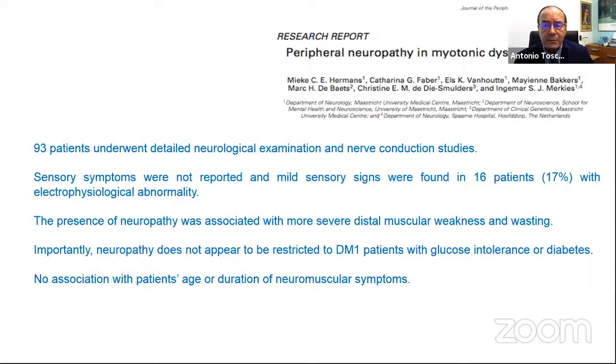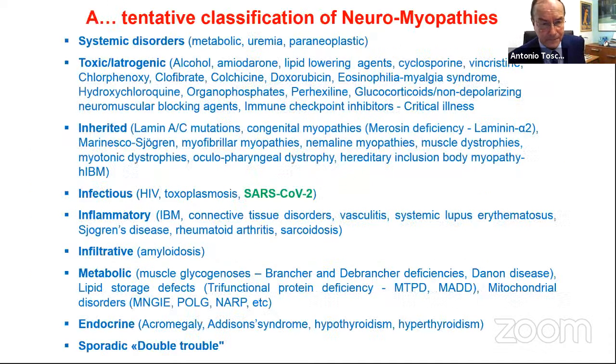It is the group from the Netherlands, and they studied 93 patients, and 17% of them had mild sensory signs, and the presence of neuropathy was also evidenced by distal muscular weakness and wasting. But it is important to outline that this neuropathy was not linked to diabetes, which is very often present in myotonic dystrophy. So another big chapter today is the infection due to